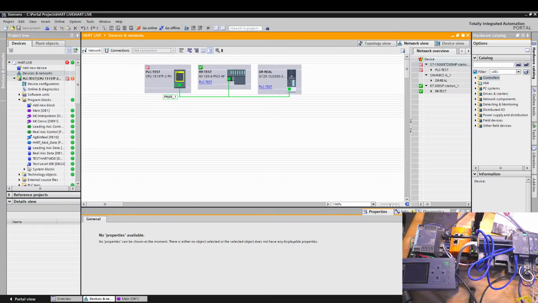The channel was built off of motion control, so I have that TCPU so you can do technology objects. Obviously safety is very important, so we have the safety controller, but you don't need this high end of a processor in order to do this. You could run this off the bottom basic processor. Anything that can run the ET200 you can run this